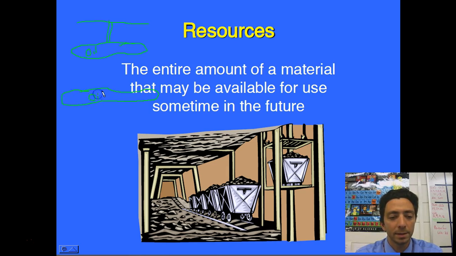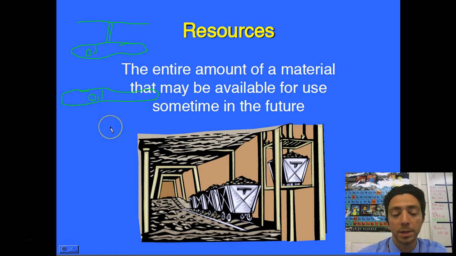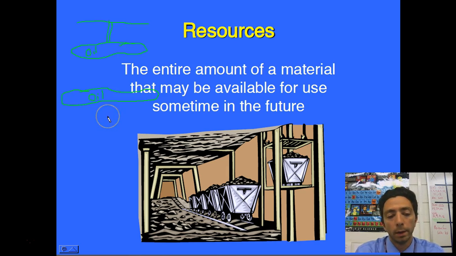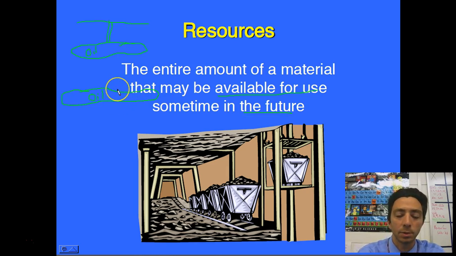And if that's the case, whether technology is not available to it or it's not money-wise smart to go after it, it would cost too much for what you'd make from pumping it. It might not be something we can get now, but it would be available for use in the future. And so we count that as a resource, even though we don't actually have access to it. It's out of our reach right now.